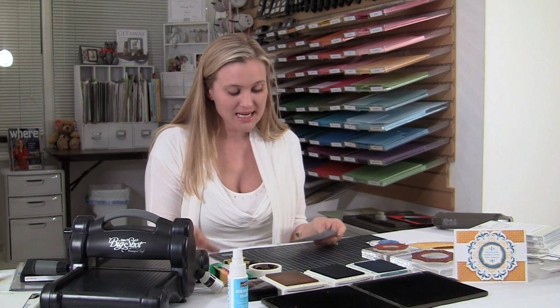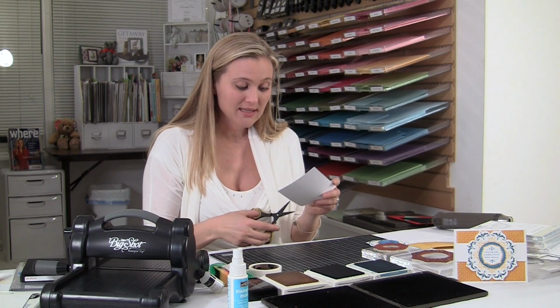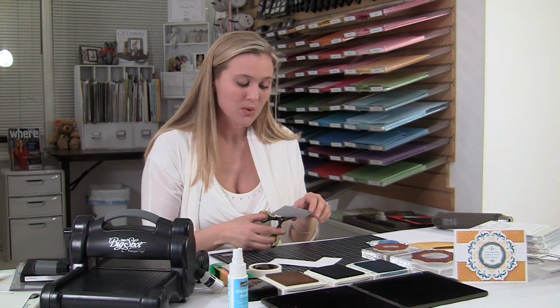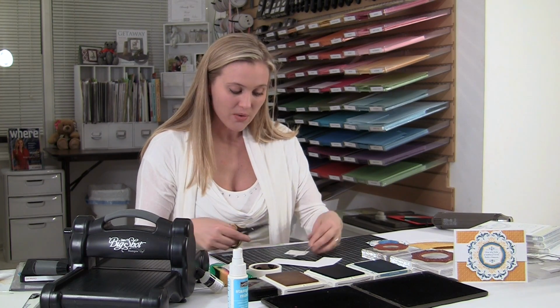Now, why did I stamp it in 2 different colors? Well, the reason that I did that is because what if you don't have the markers to hand color it? Because you could take the 2 different colored markers and you could hand color it. Well, I didn't have that available. So what I thought was, I'll just go ahead